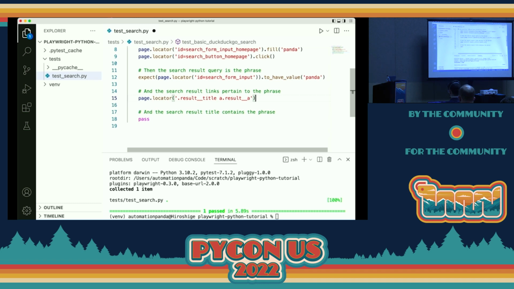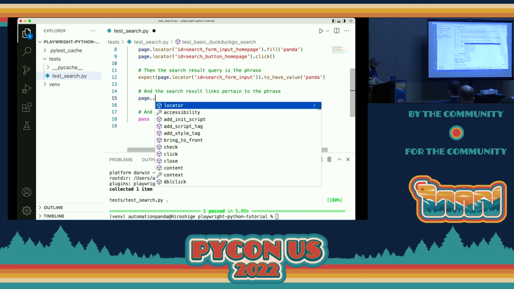Because if you just say, give me the list at an instantaneous moment without forcing an explicit wait, if the page hasn't loaded, you could get a list of 0 elements. And that's no bueno. We want to make sure it waits until a certain number has appeared. So what we can do for that is, on top of our locator, because we know this locator query will return a list of elements, we can specify